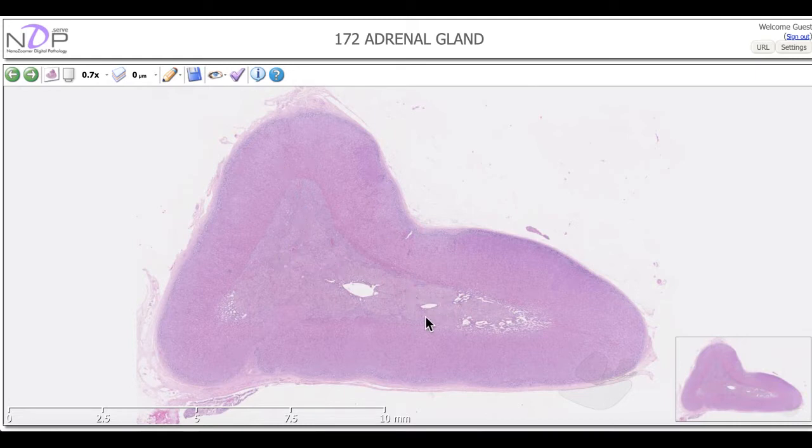of the medulla is derived from the neural crest cells that migrate early in development to the area of the adrenal gland. From the outside, you can see here we have the area of the capsule, which is dense irregular connective tissue. If we increase the magnification,